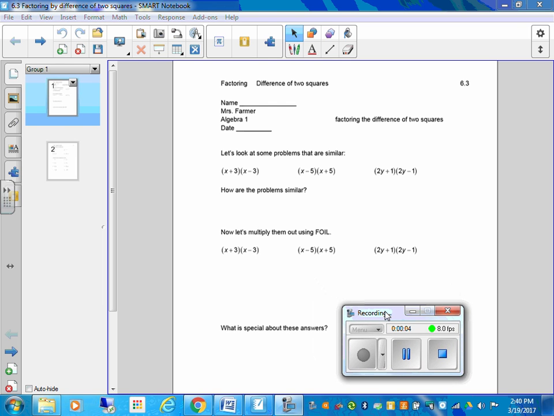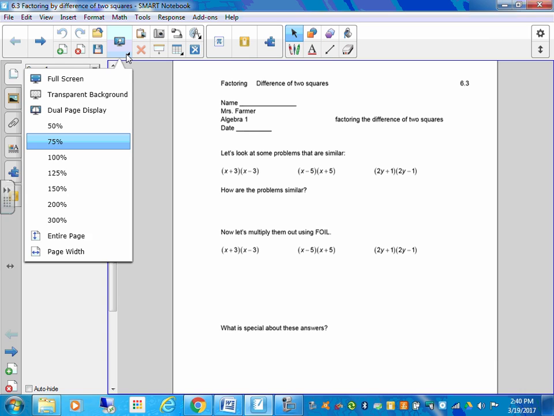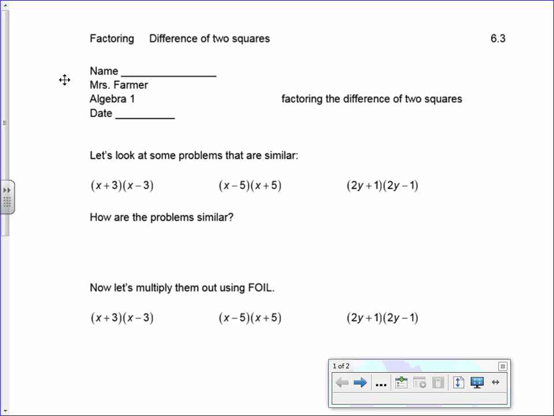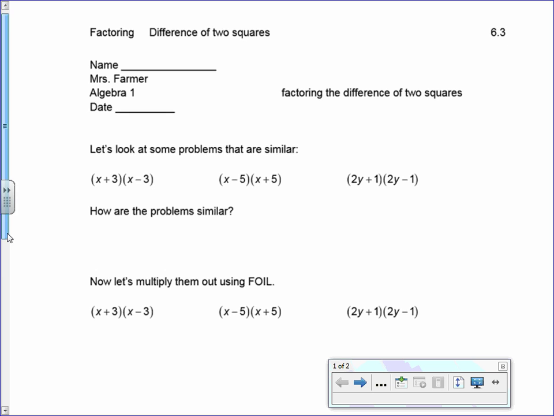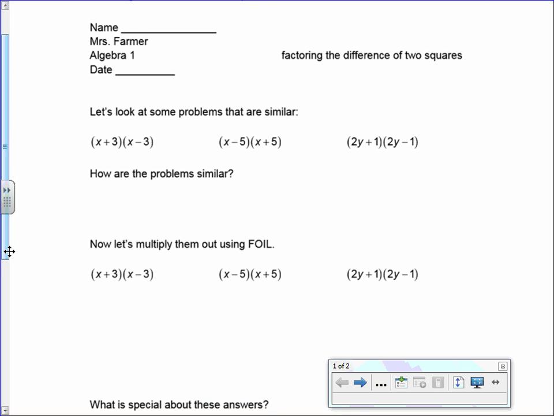Right, ladies, we're going to take a look at a second kind of factoring, or actually third kind. We've done GCF factoring, greatest common factor, and then we did a technique called guess and check. We're now going to look at another one called difference of two squares. So before we do that, I want to just take a look at three sample